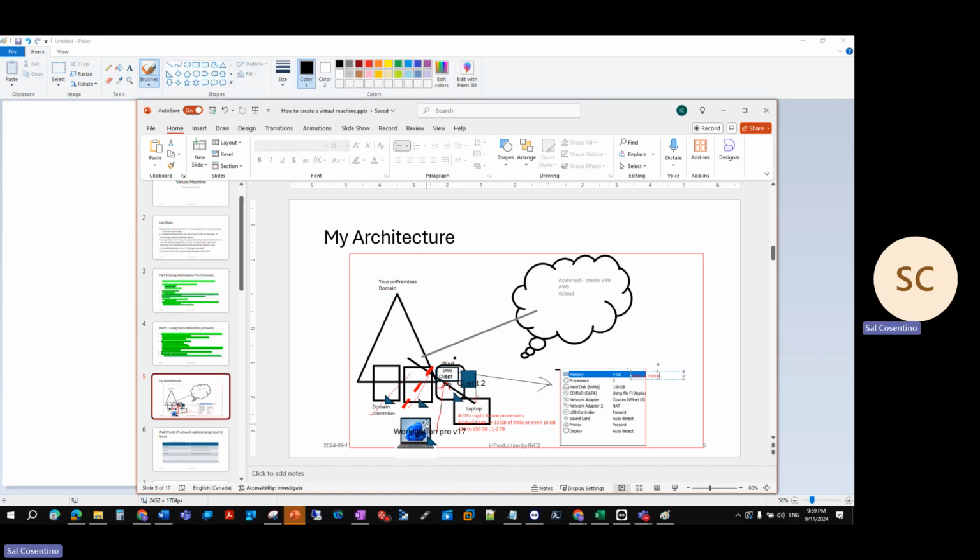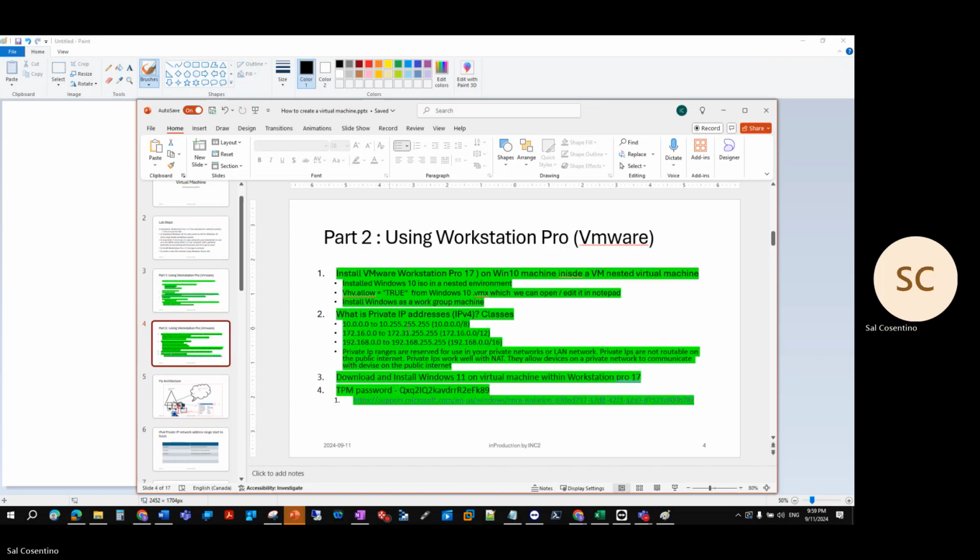So within my laptop, I installed Workstation Pro and then created a virtual machine. And within that virtual machine, a Windows 10 virtual machine, I showed you guys how to download the Workstation Pro version 17 through